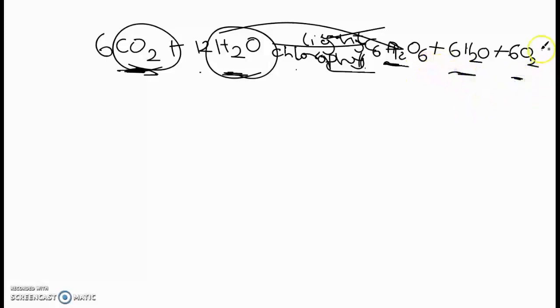Oxygen, which is released in the form of gas, enters into the atmosphere. So this is how we depend on plants both for food and for respiration. This is how the oxygen is let out into the atmosphere. This is a very important equation which you should never forget. You should remember this equation.